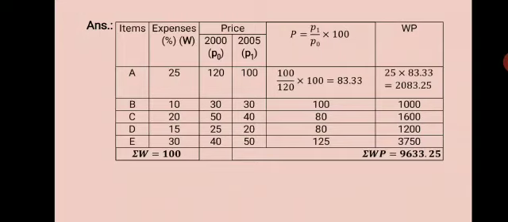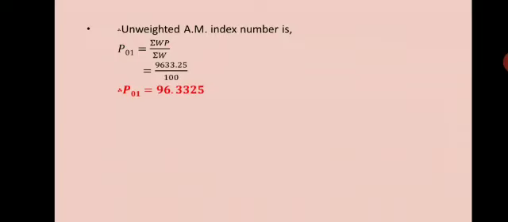Then we have the formula to find the weighted arithmetic mean index number as P01 equal to summation WP upon summation W, that is 9633.25 divided by 100. If we simplify further, then we will get P01 equal to